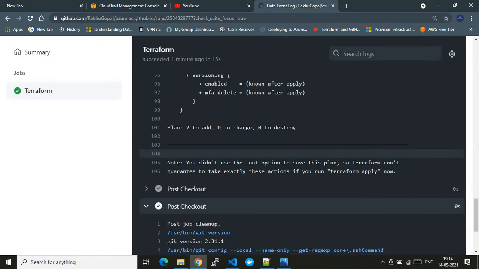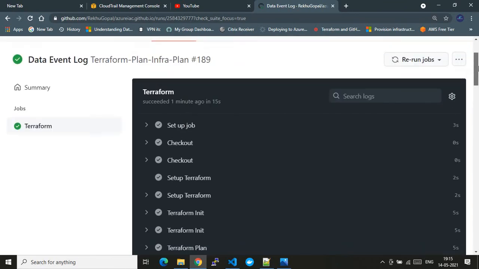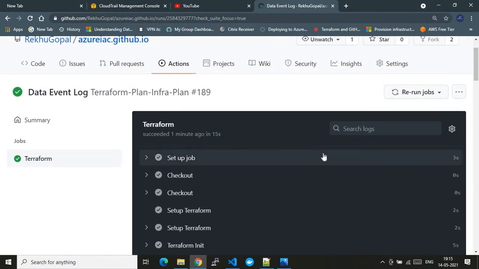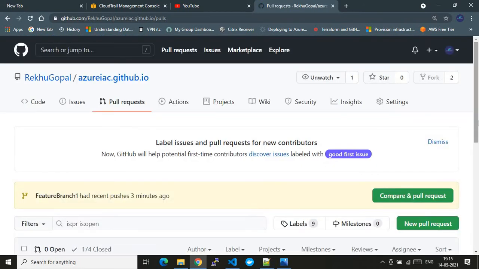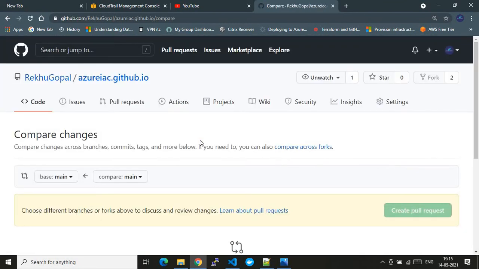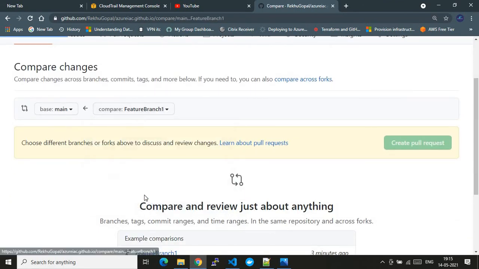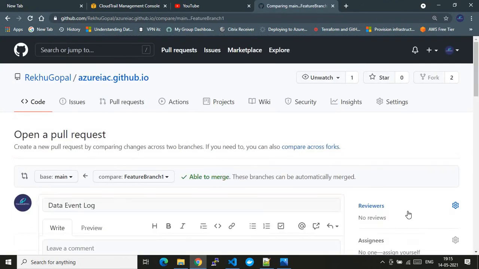As we have walked through the Terraform plan stage, we came to know that it's going to add two resources in the AWS account. We are happy with it. Let me make a note that this GitHub action has not yet created any resources, because I have just shown you that no resources have been created yet. To do that, we need to invoke the Terraform apply stage. In this setup, whenever we push code to the main branch, the Terraform apply GitHub action will be invoked. So now let me do that by creating a new pull request against my main branch.